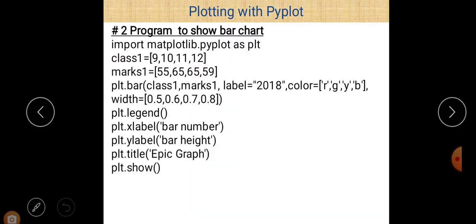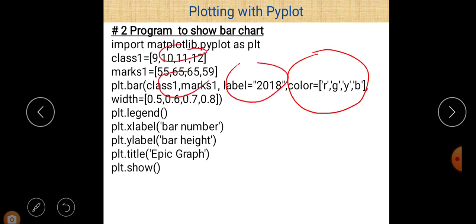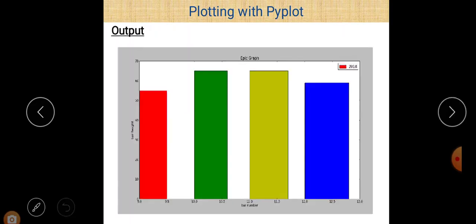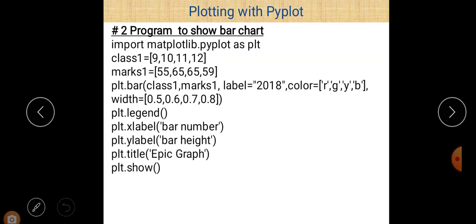Next you can see program number 2, bar chart. Here there are small differences. Here you can easily see that the colors are the same, the labels are also the same, the lists are also the same, but the only difference is in terms of the width. We changed the names of xlabel and ylabel also. Then you can easily see that the widths are different in this case. So if you want to change the width of all 4 bars, as there are only 4 bars here, then you can define different widths for different bars also.